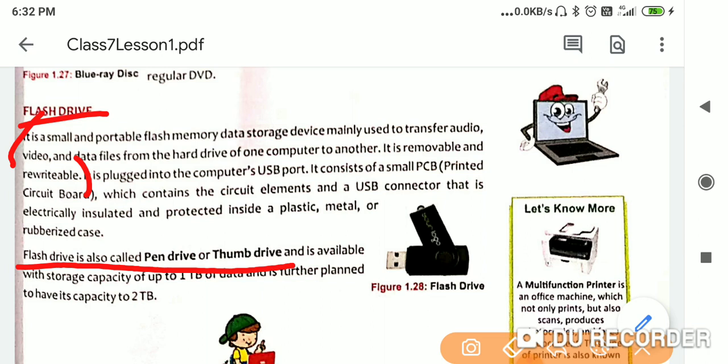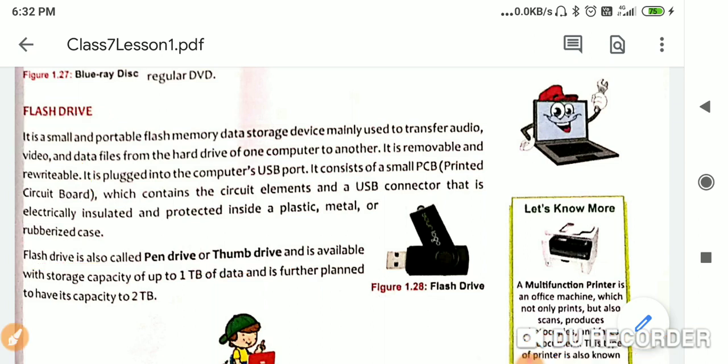So that's it. Your all the exercises are done, and as you know, you have to do all the exercises in your book except the question answers, and the question answers are to be done only in your fair copy. So complete your work, do the question answers, try to learn it also.